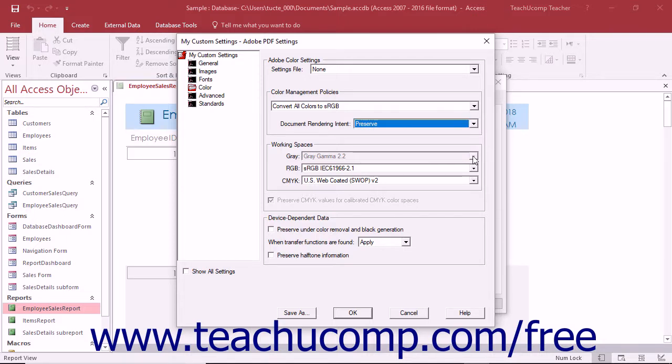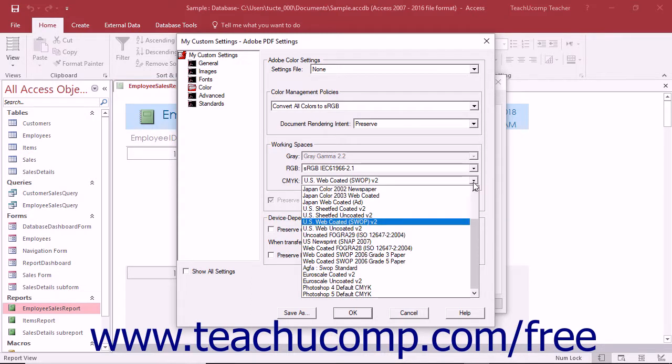In the Working Spaces section, use the Gray, RGB, and CMYK dropdowns to select an ICC profile to use to define and calibrate gray, RGB, and CMYK color images within the PDF for all color management policies other than Leave Color Unchanged. Note that you can select the None choice for either of the three drop-downs to not convert that